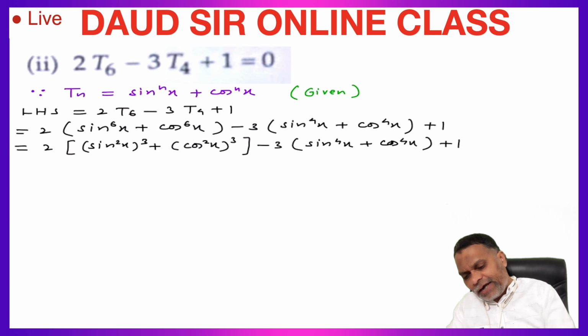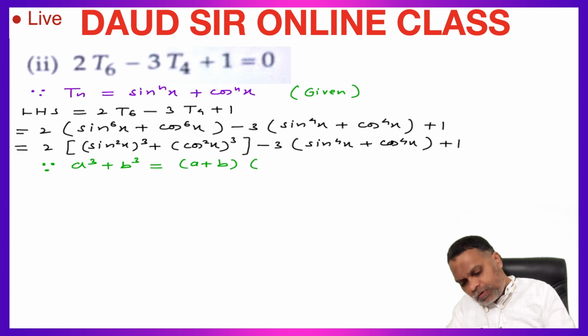Now here apply the identity a cube plus b cube is equal to a plus b into a square plus b square minus ab. So therefore LHS will become